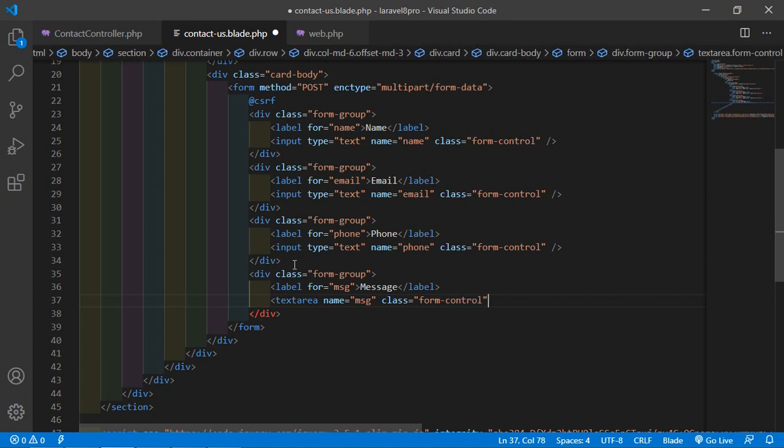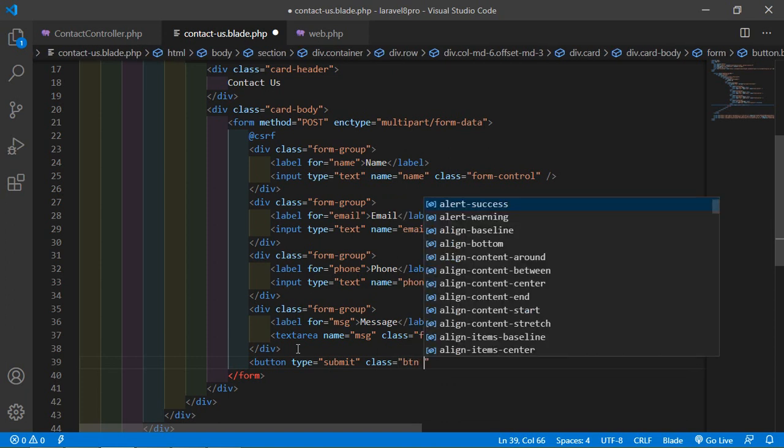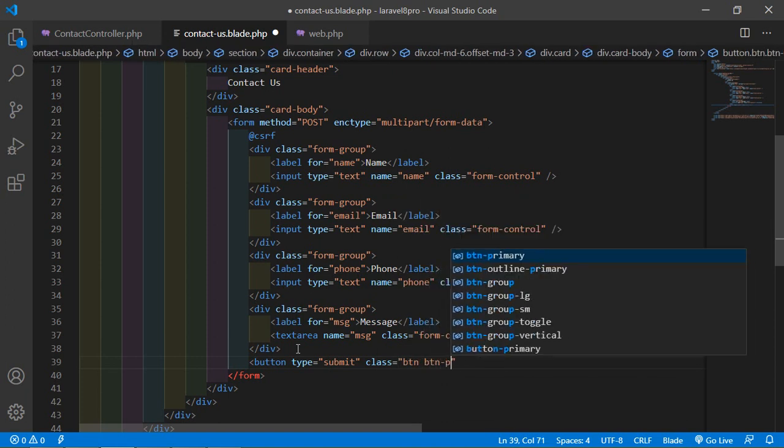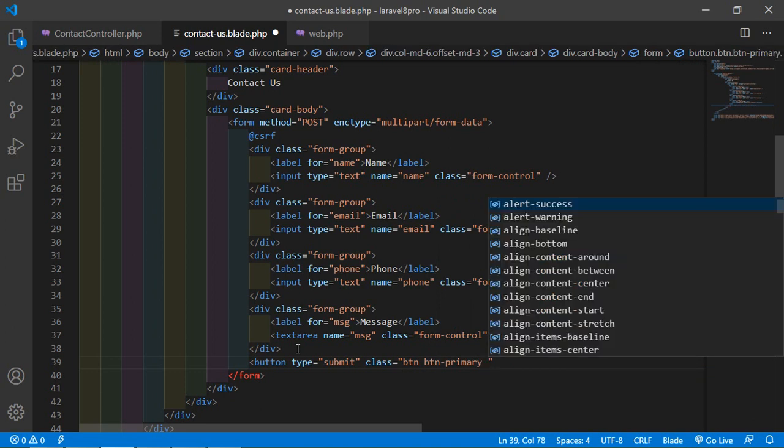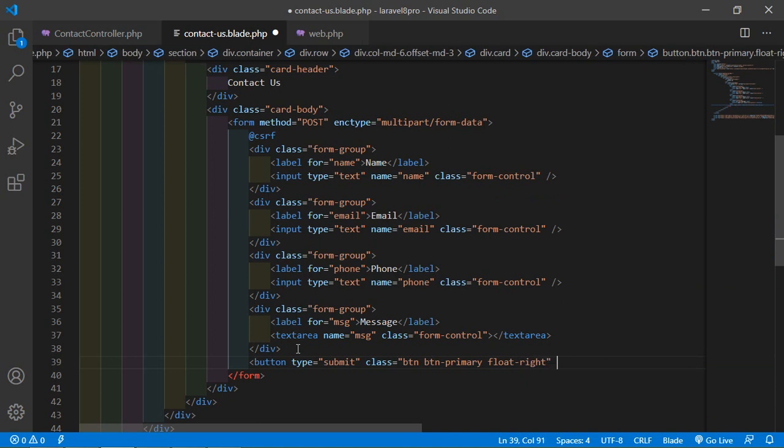Okay, and close the textarea. All right, and lastly add a submit button. So just write button type is equal to submit. Okay, and add the class btn btn-primary. Okay, also float-right. And inside this button add the text Submit.